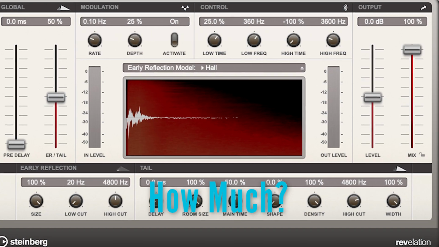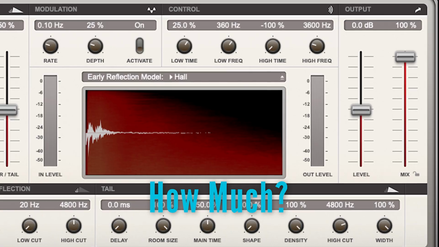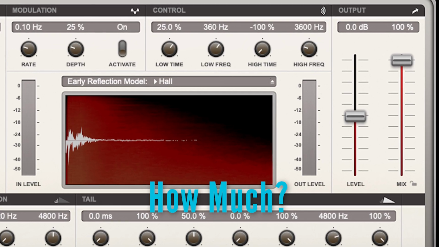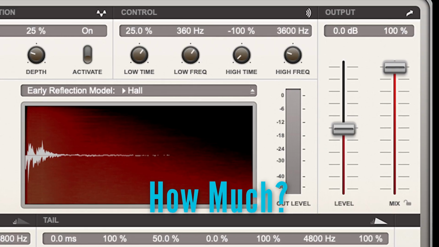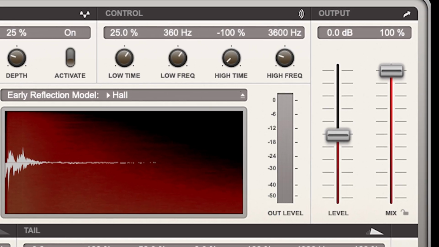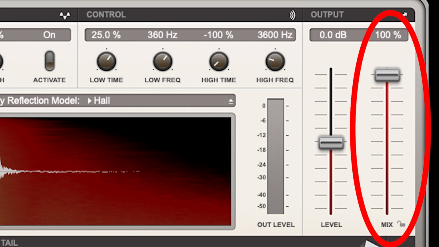How much to apply? Depending on how you're patching in reverb into your DAW editor or mixing console, your main control is wet or dry. By blending the original signal with the reverb, you are controlling the wet-dry mix. 100% dry means that no reverb is heard. 100% wet means no original signal is heard. Only reverb. Of course, you can adjust in between, such as 70% dry and 30% wet.